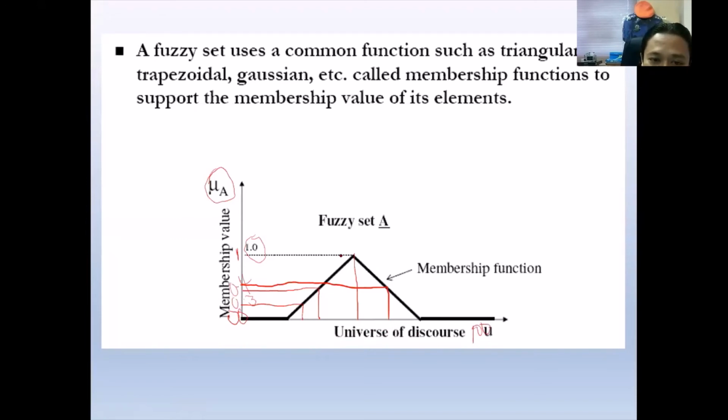So this we can call the fuzzy set. The common fuzzy set functions are triangular, trapezoidal, and gaussian. This we call the triangular membership function.